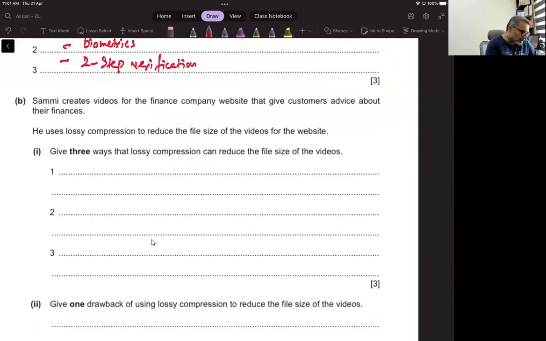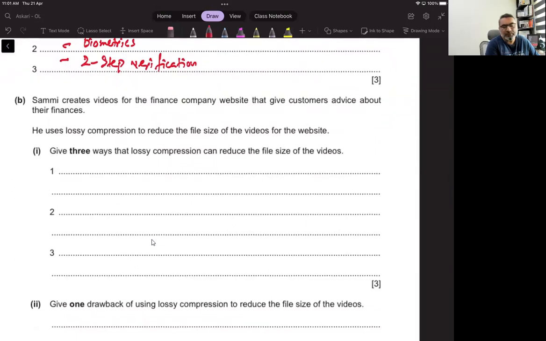Lossy compression, if you do remember from my previous lecture, whenever it is a case where a computer algorithm is doing it, a compression algorithm will be used in this case. Okay,